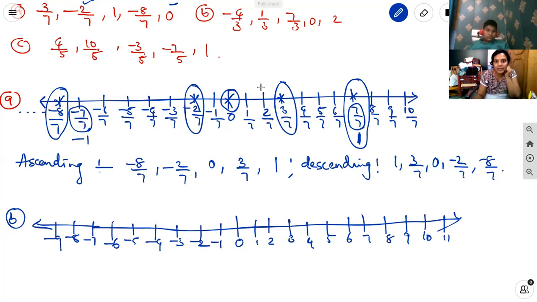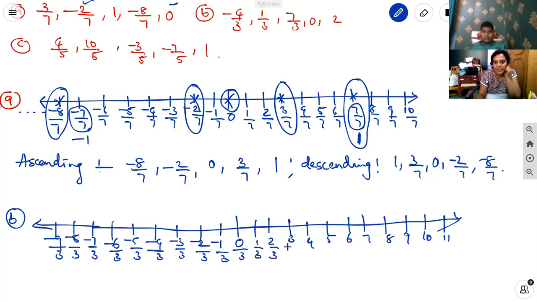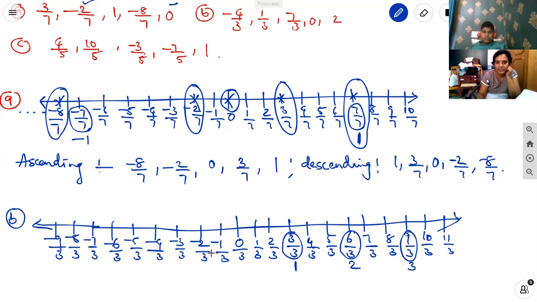Left side. Here, observe the numbers. By 3 is there, so you divide each and every number by 3. 0 by 3 is 0 only. Okay, no worry about that. Just write all the numbers divided by 3. See here, 3 by 3 is equal to 1. 6 by 3: 3 ones are 3, 3 twos are 6, so it's 2. 3 threes are 9, so it's 3. Like that.